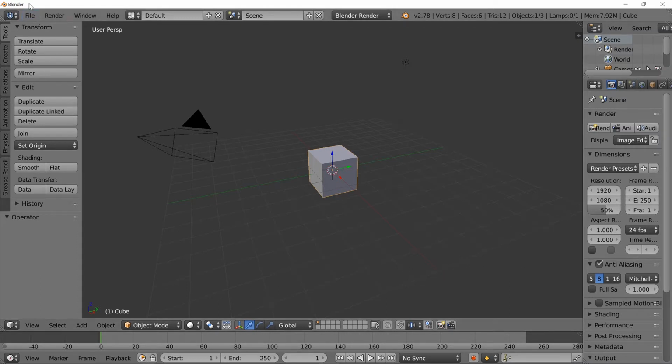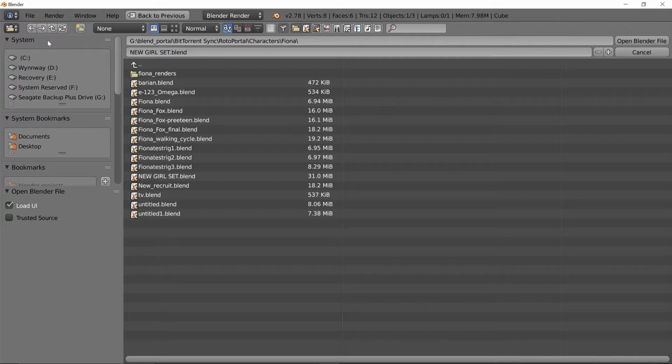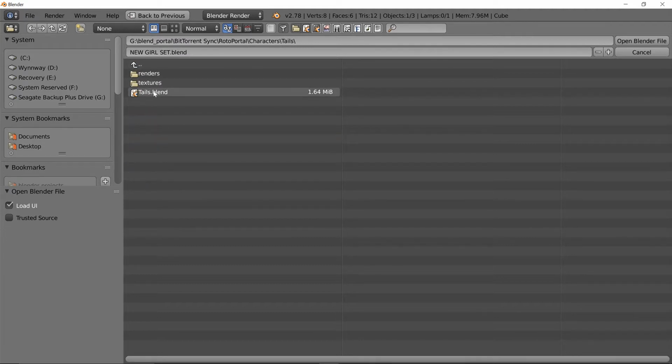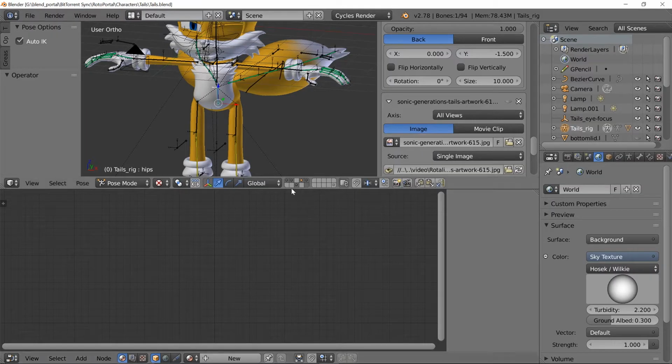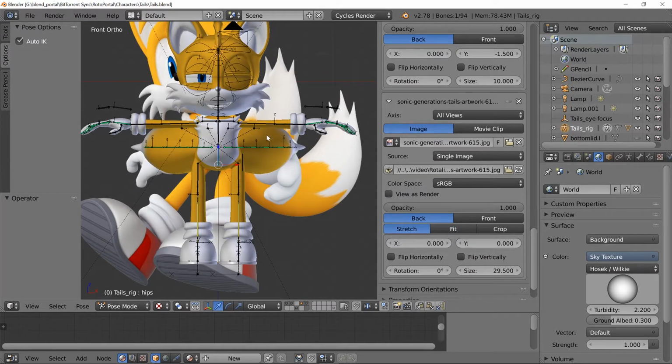So I'm going to go ahead and open up Tails' file right now, wherever he happens to be, because honestly I haven't worked on him in quite a while. Let's go up and find Tails and go to tails.blend and open him up. So you're going to see where I left off. Unfortunately none of this stuff was recorded, so you see he's got his textures, he's got his shape keys and